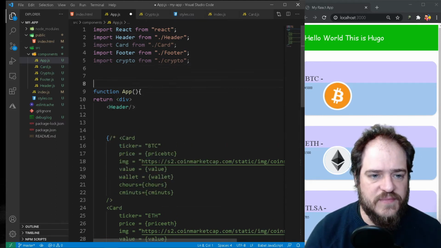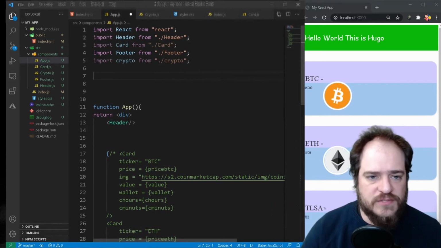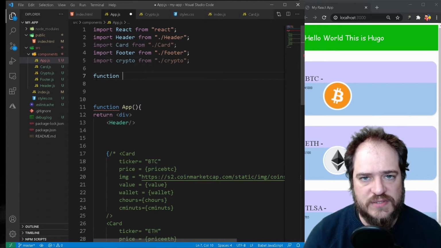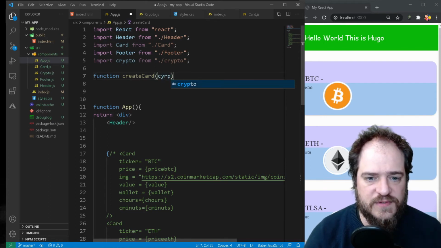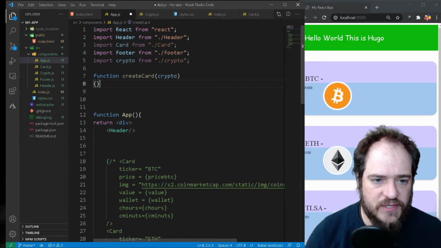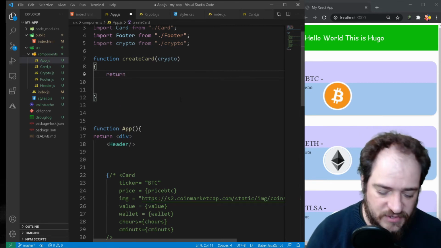First of all, here I'm going to say what I want to loop. So now I'm going to create my loop function. Basically going to mention what variables I want to send to my card. So I'm going here, create card, for example, and this card is going to feed from my crypto list. Let me do curly brackets. So now I'm going to create here a return. I'm going to return my card,